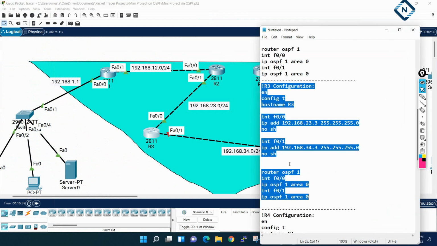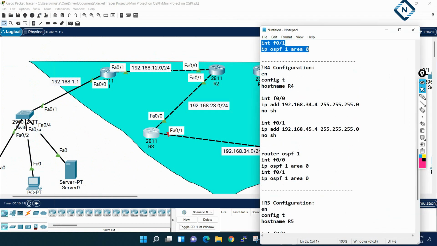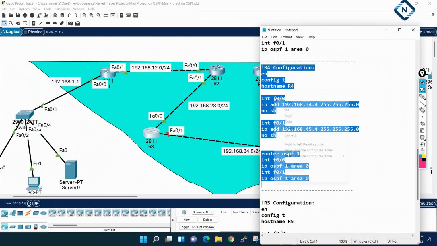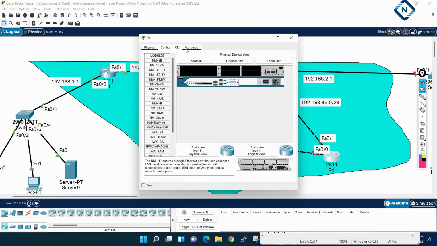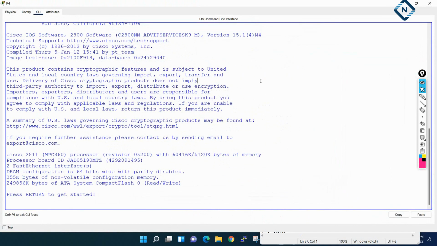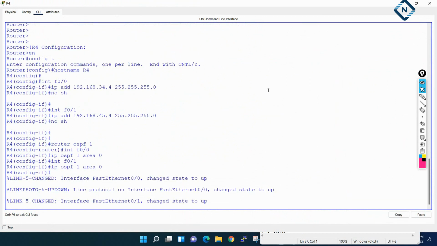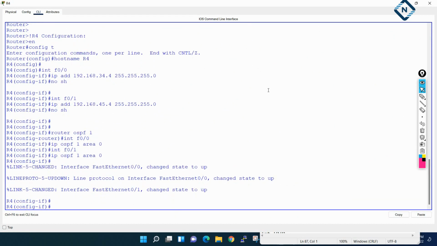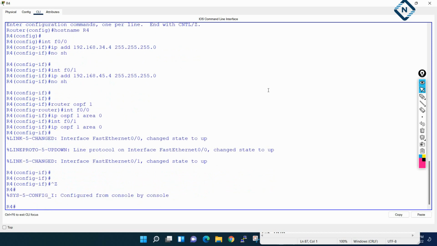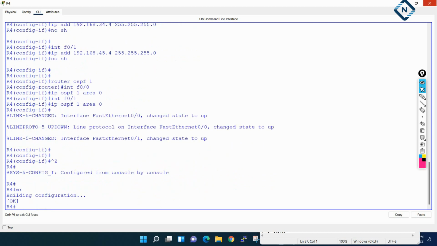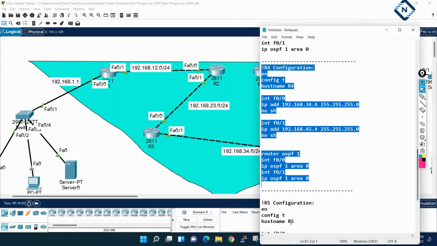Now we need to do it for R4. This is R4. I will take this and paste the configuration in R4. Everything is good, no issue here also. Let me save. I will write wr to save the configuration.